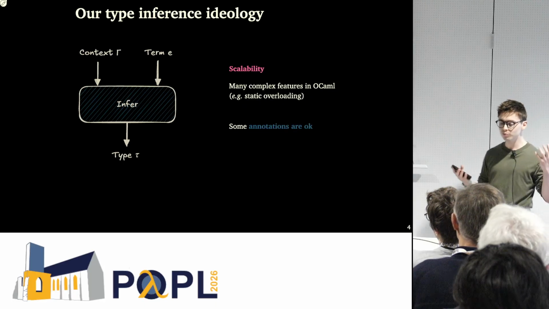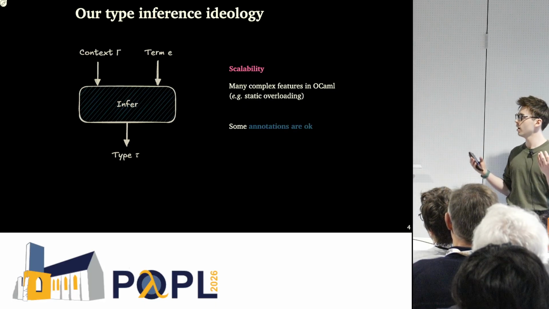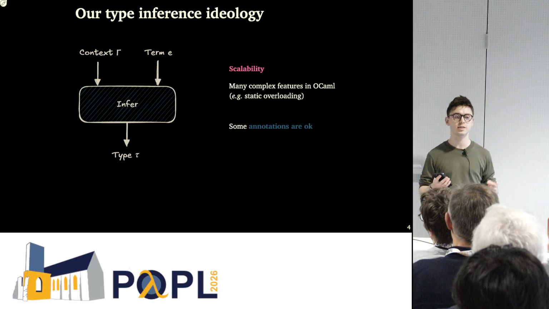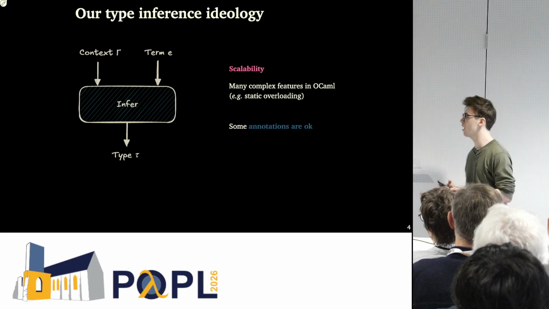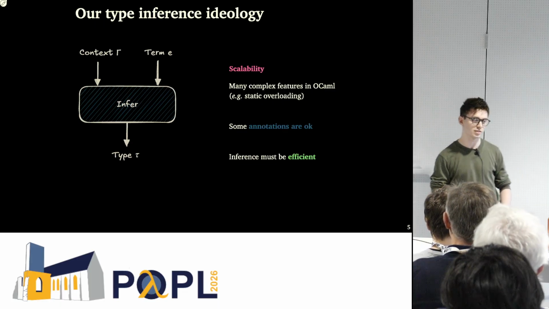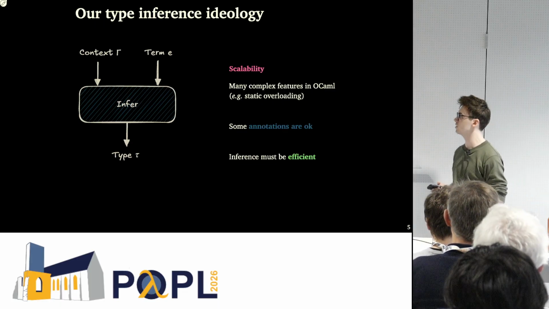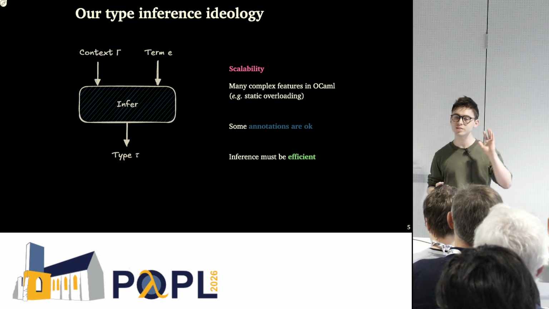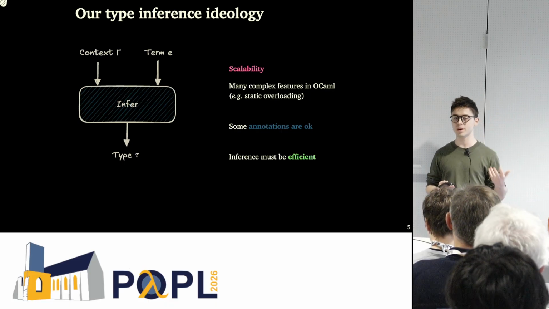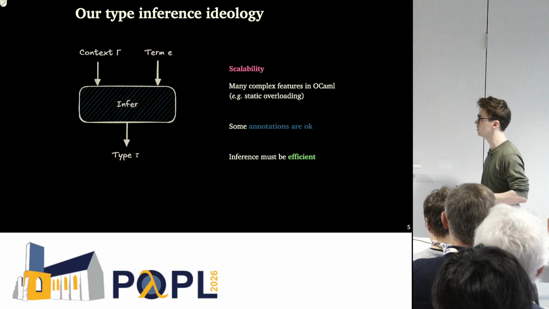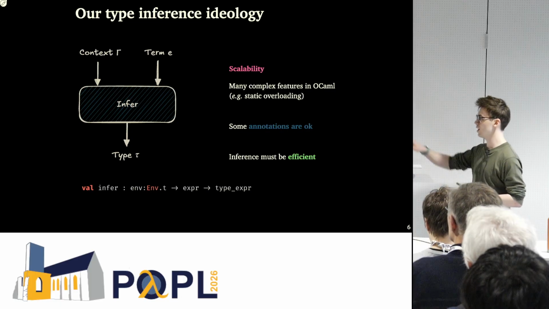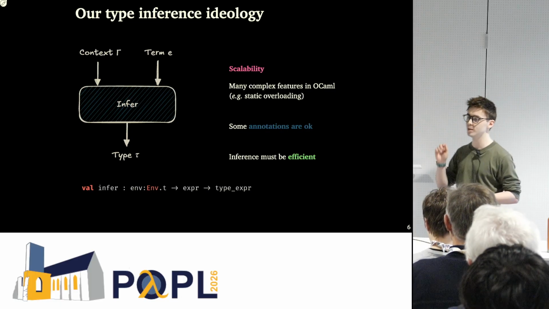Secondly, reasonable and meaningful annotations are acceptable for our type inference algorithms. That is, we do not seek complete type inference. In particular, we do not seek it at the cost of efficiency. Type inference must be efficient. OCaml has to type check millions and millions of lines of code, and so algorithms that rely on search or backtracking simply don't work for us. And since this is a workshop on the implementation of type systems, I'll be presenting signatures and snippets of code